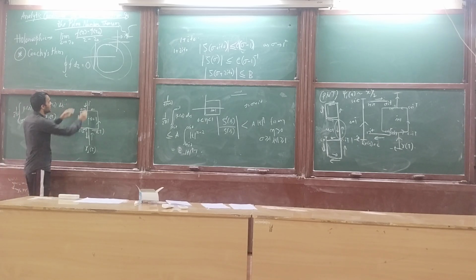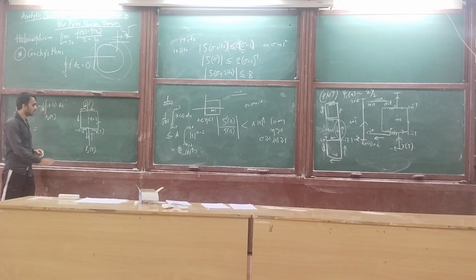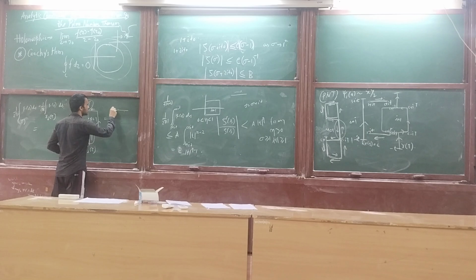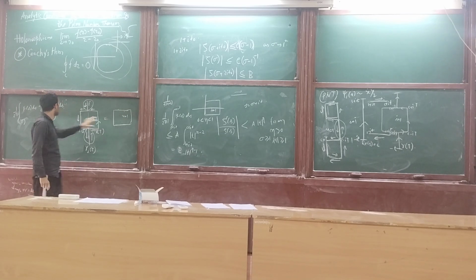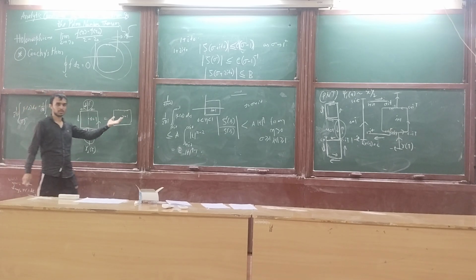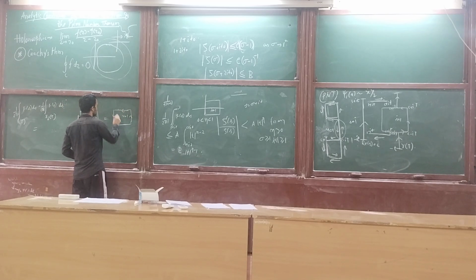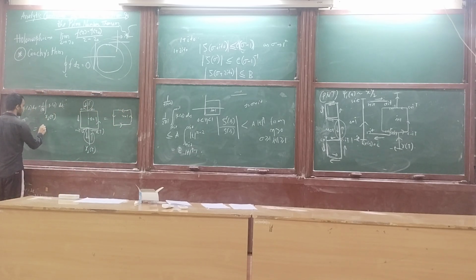So what is this? Here the integrals will cancel, here the integrals will cancel. So only differing region is this. And since the only zero and pole in this region is s equal to 1, this integral will be just the residue. So this is x square by 2. And what is this? This is just psi 1 x. So we have psi 1 x is equal to x square by 2 plus 1 by 2 pi i